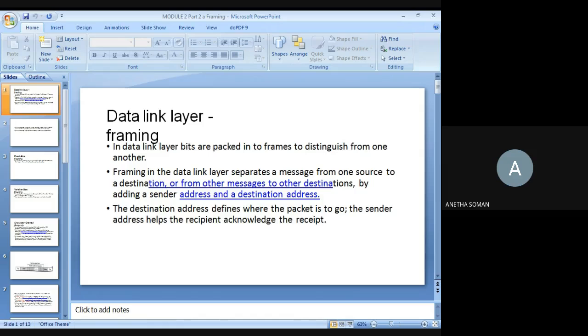Medium access control is responsible for resolving access to the shared media. You will have a medium, shared by many devices connected to it, and who has access to the medium at a particular time? All that is decided by resolving access to the shared medium, which is done by the MAC layer.